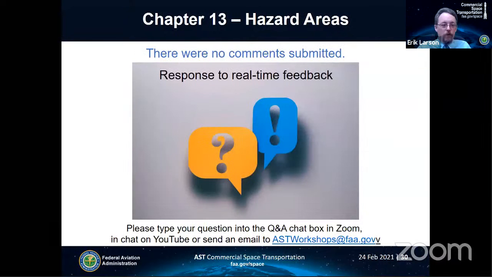Okay, so again, there were no formal comments, but we have received some questions regarding this in the chat. So one was, why has the containment requirement for normal flight events, say jettisons, changed from 3 sigma to 97% probability of containment? And the key thing here is that 3 sigma is not sensitive to the number of fragments that actually result. The 3 sigma area doesn't include these, and 97% confidence of containment does account for those